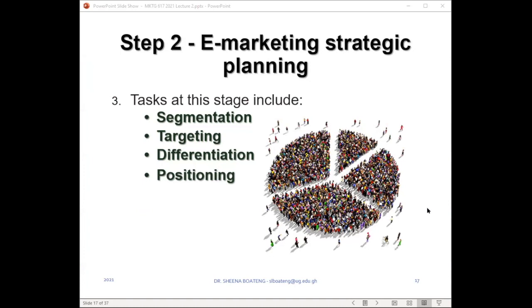Therefore, we cannot go ahead and serve every single customer or prospective customer that the firm has identified. And therefore, we need to engage in a number of tasks to be able to narrow down to the most profitable market segments that will give us the returns that we are looking for. So as e-marketers, we begin by segmenting the market. And when we talk about segmentation, we are referring to breaking up the market into identifiable groups using a number of factors. What are some of the factors that marketers use in segmentation?